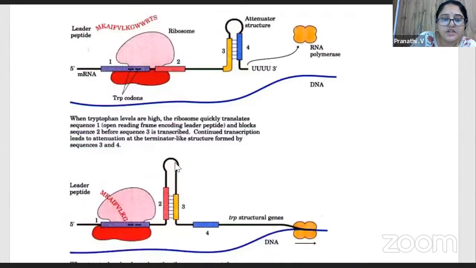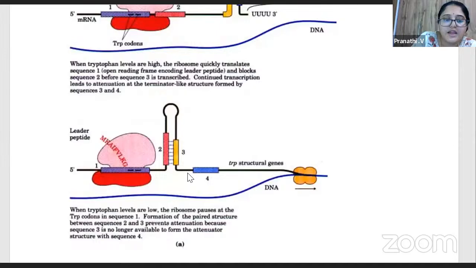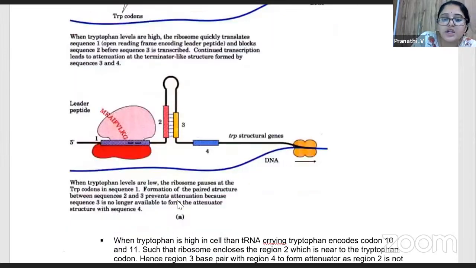When tryptophan levels are high, 3 and 4 form a loop-like structure and there is termination of protein synthesis. If tryptophan levels are low, then the ribosome pauses at the TRP codons in the sequence. So you have a paired structure or loop between the 2 and 3 sequences,